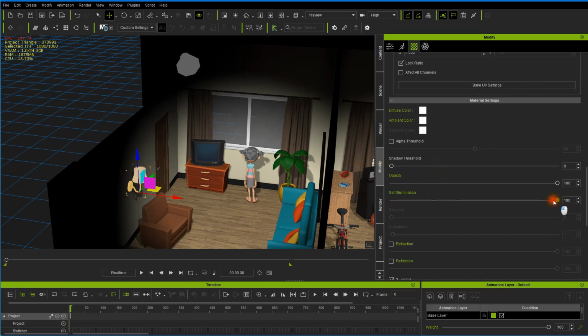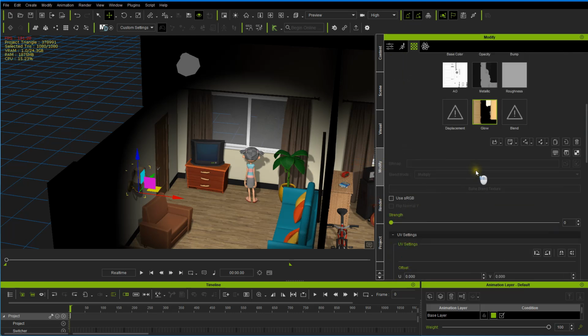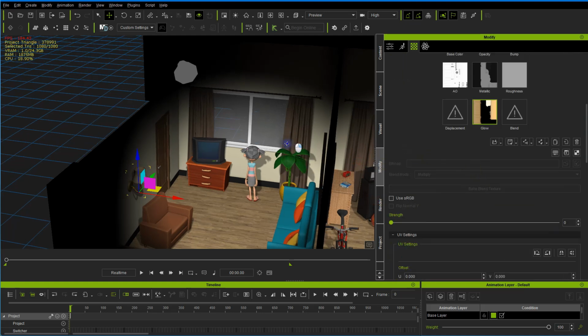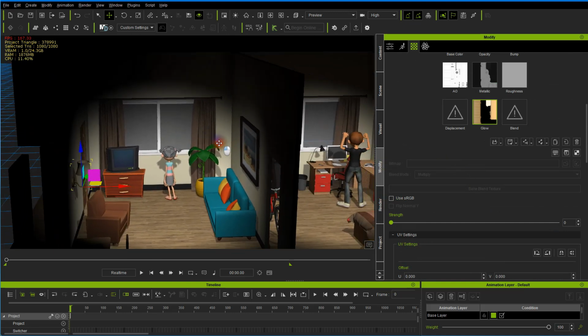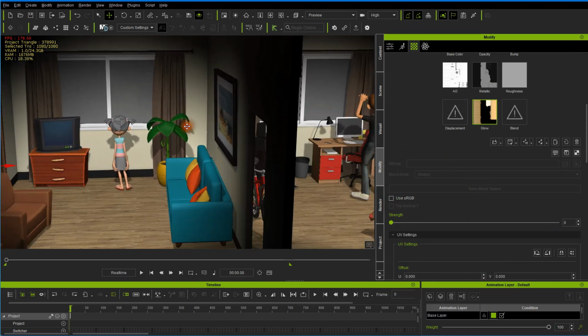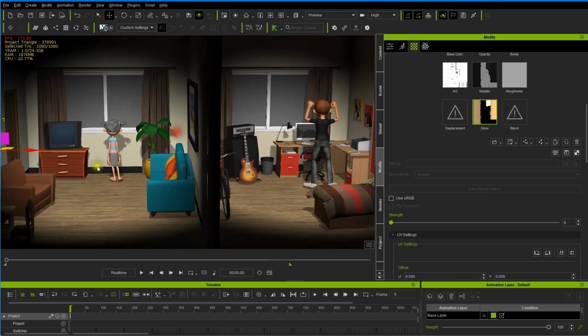And it also has self-illumination on, which sometimes is a little unnatural to do, so we'll turn it off for now and then we'll worry about it later. And we can adjust it like we like it. Okay, so let's take a look now and kind of get a basic idea of what our scene is going